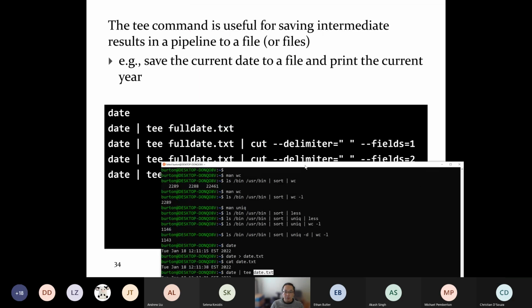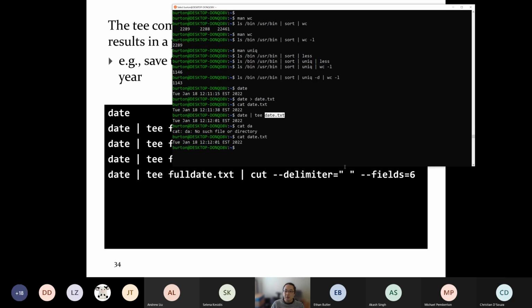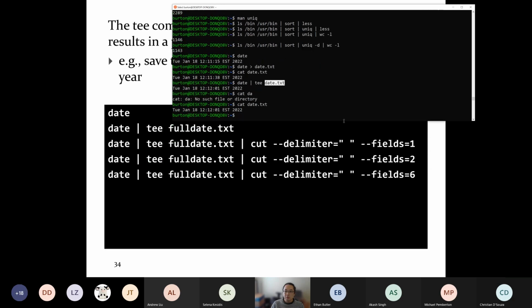So what else do we want here? So that's the full date. I'm now going to save the output of date to full date, but I'm also going to send that output along to this program called cut. Let's take a look at this and see what it does. So I'm going to do date pipe to T. I guess we'll just do what the slide actually says. Cut